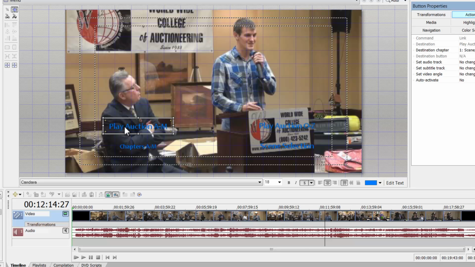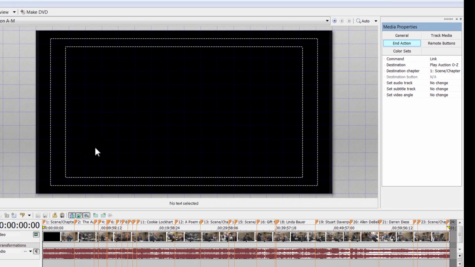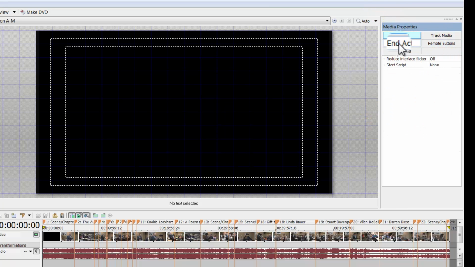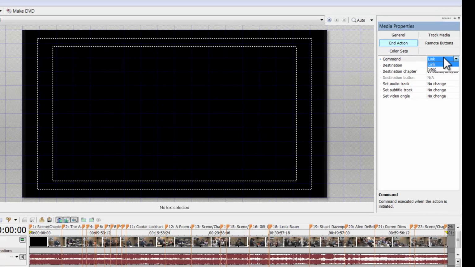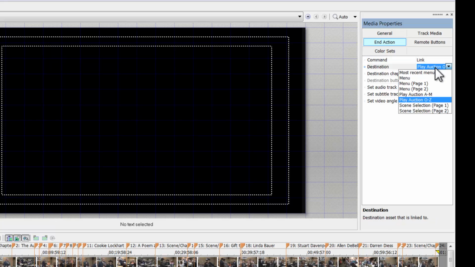Double click on your media. You always double click on, or have selected, the media that you want to manipulate via the media properties over here. So you go on your track media, and you see all this stuff. What you want is the end action. Underneath commands, you just want to make sure that it says link,